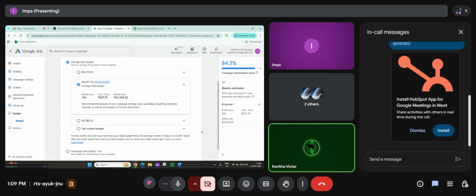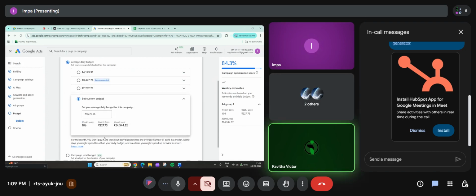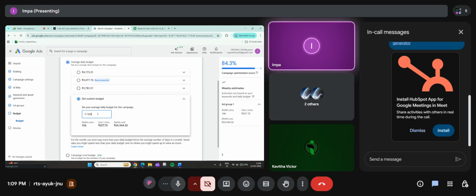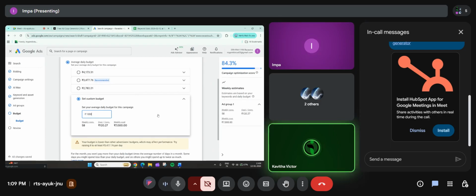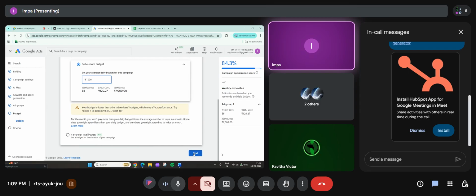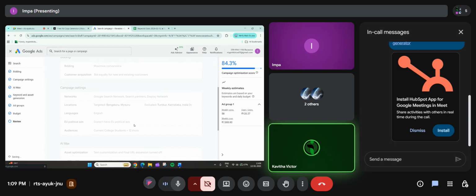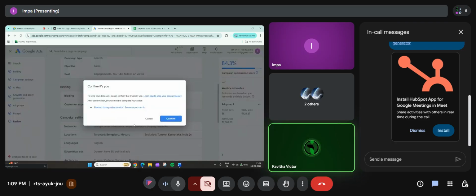Set custom budget, 1000. Okay, now they have given the estimation for that 1000 rupees. Yes, scroll down. Next, not required. Okay, now check it. You can review and publish the campaign.